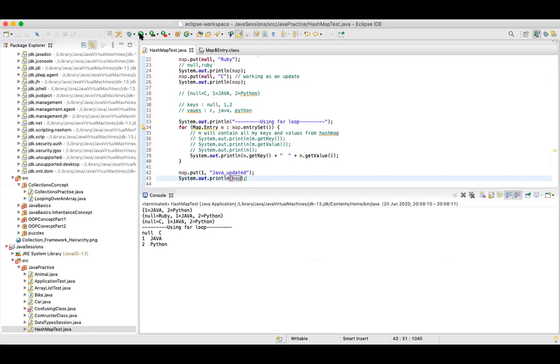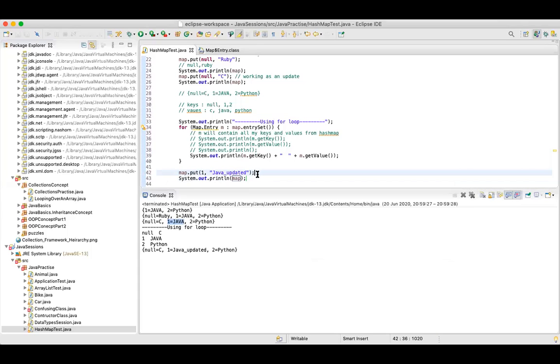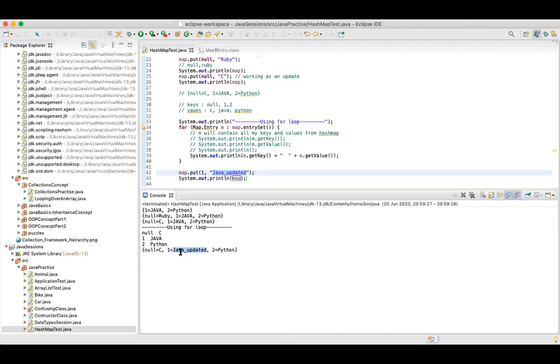Now let's see. See, guys, there is already an element present for 1. So 1 was having value as Java. We cannot have duplicate elements. So for element 1, there was already a value associated, that is Java. But now when you say map.put Java underscore updated, it will update this particular value, and now Java underscore updated is the new value present.